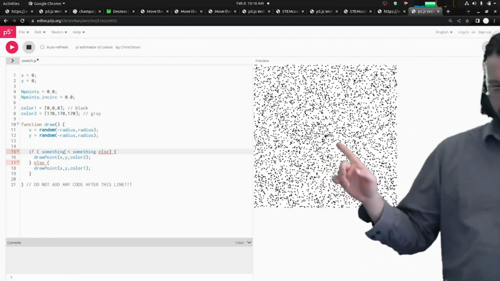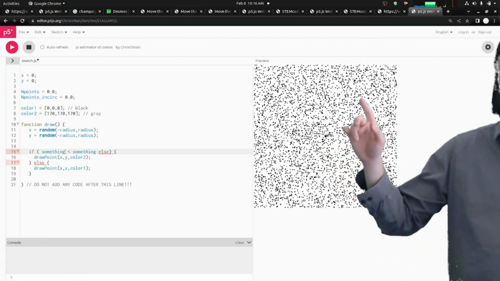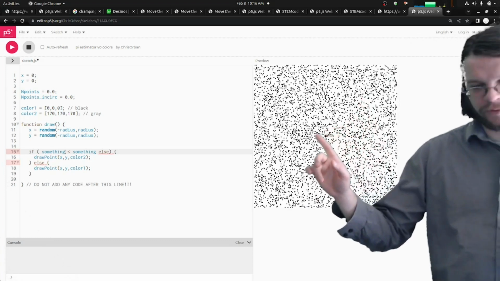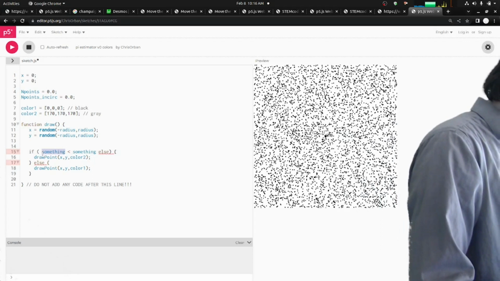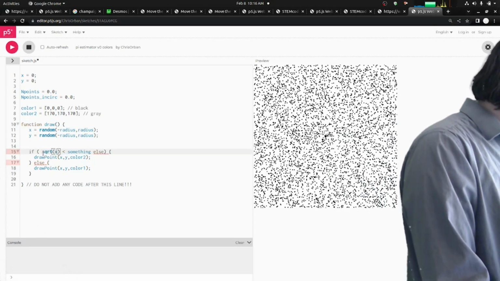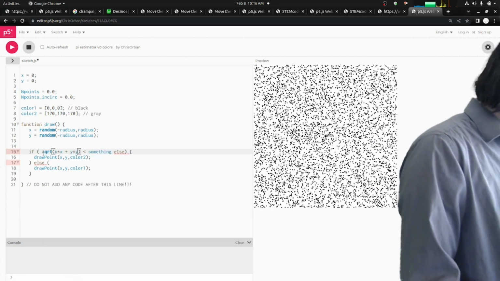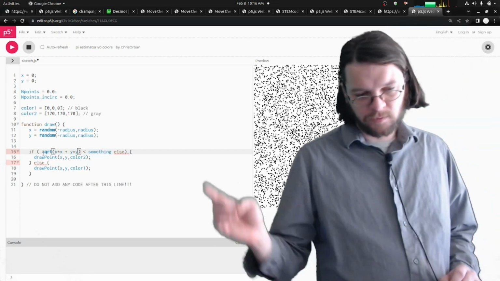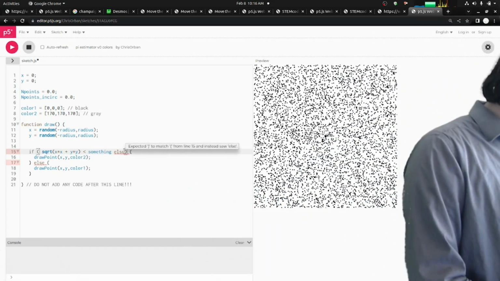So there's some x here, there's some y, and then there's some distance to the origin. And so here I can just say this has got to be if the square root of x times x plus y times y, right, x squared, is less than something.